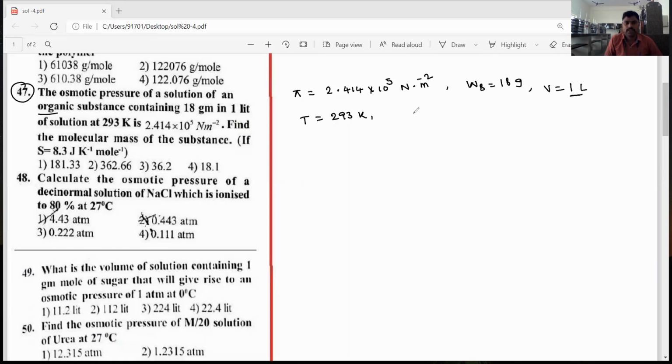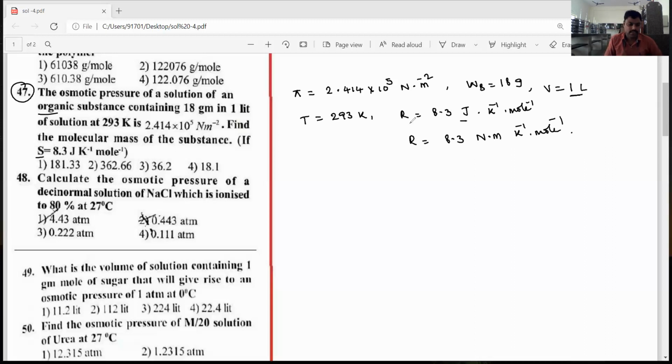Okay, dear students, and R here is the gas constant. You can write the R value as 8.3 joule Kelvin inverse mole inverse. The 1 joule is nothing but Newton meter, so R is equal to 8.3 Newton meter Kelvin inverse mole inverse. Here the units are very important, dear students. Why is it very important? Later, while solving the question, you will get the idea.